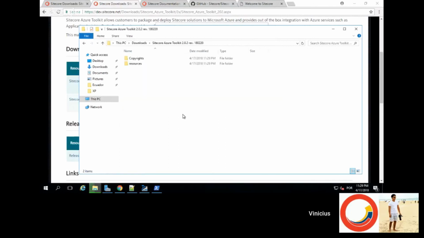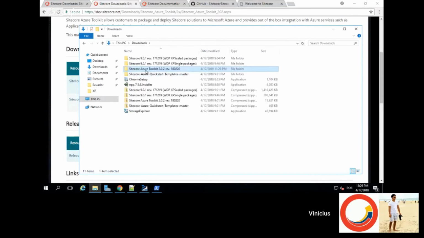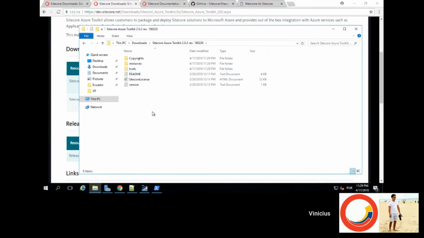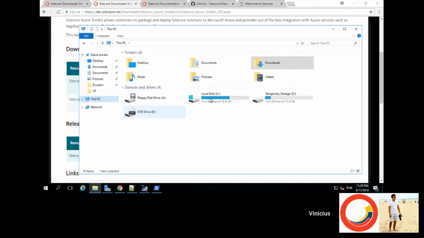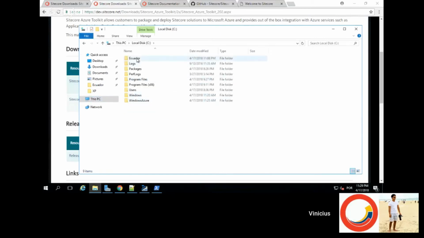So Azure Toolkit will have all the items you need to deploy Azure to the cloud. It's just a matter of executing a script in PowerShell that does all the tricks behind the scenes. So what I did here, before the presentation, of course, I created some folder structure here called Ecuador